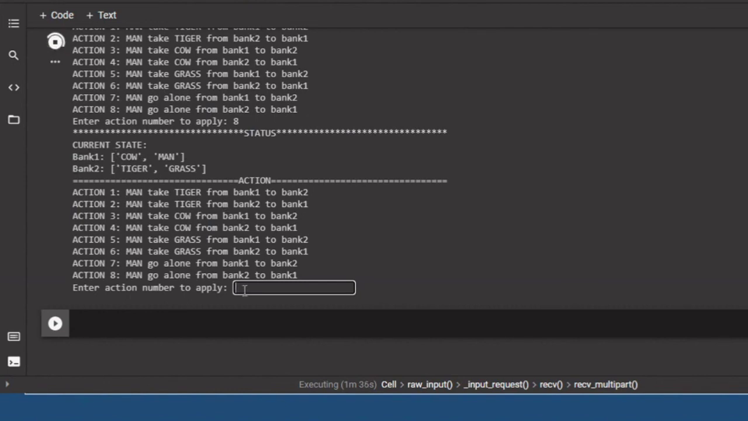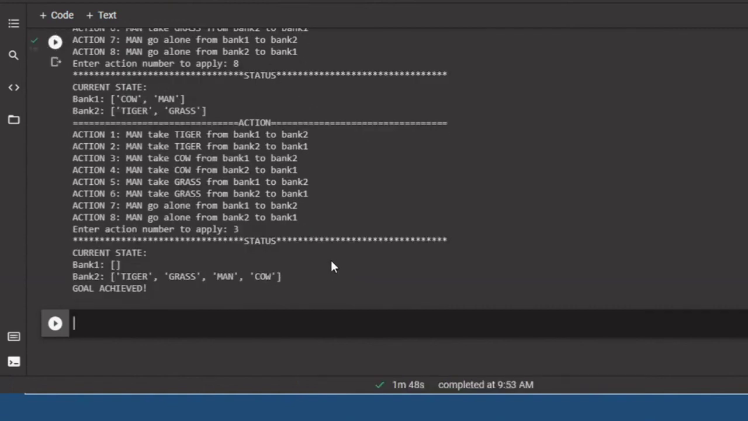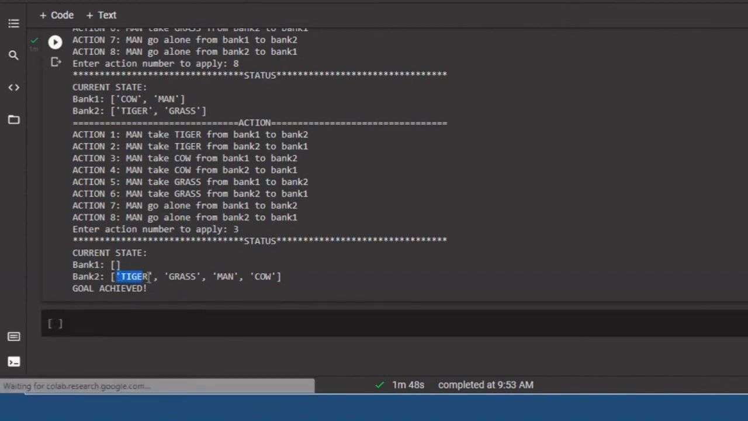So action number 3, that is man takes cow from bank 1 to bank 2. And yes, you can see all the members are now present, and as the length of the list is 4, the goal is achieved. So this condition is satisfied, and the goal is to